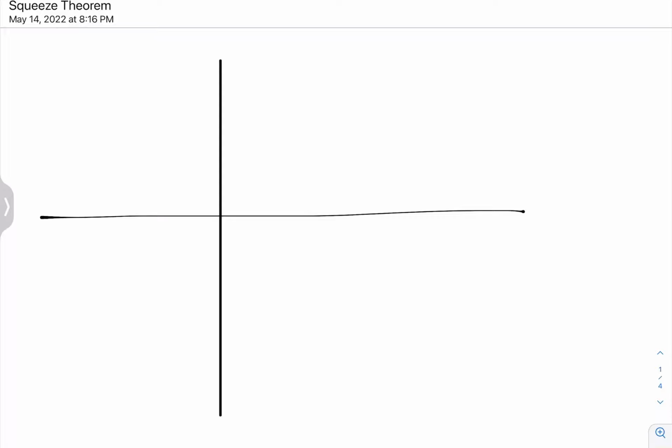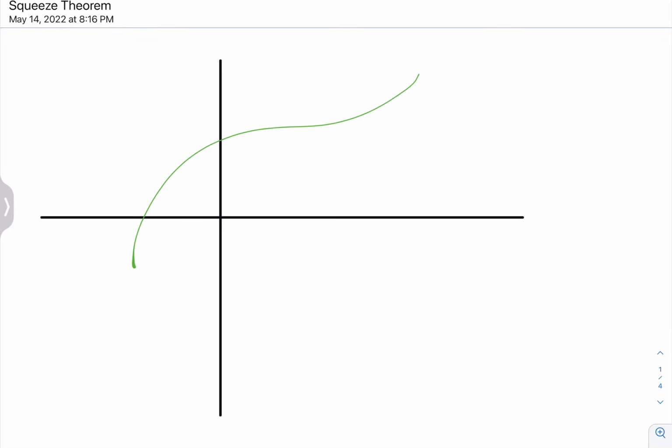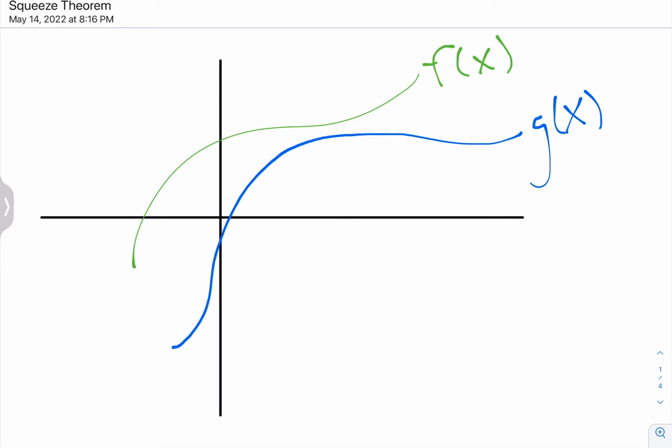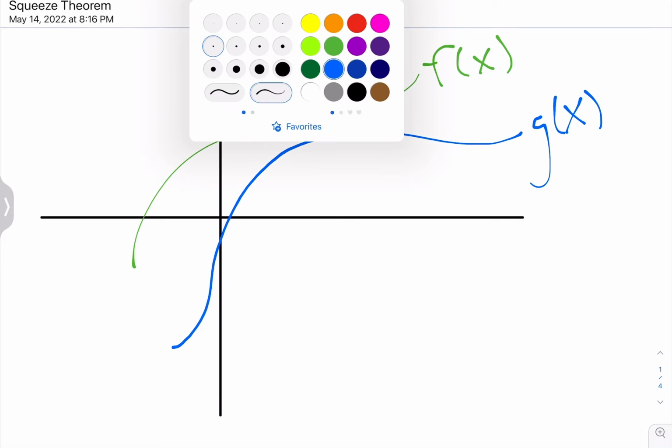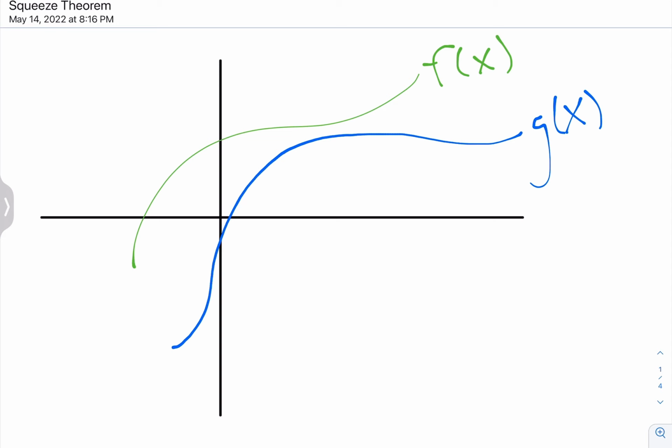if we have our axis like this, let's say we have some function in green here, we'll call it f of x. And then we have another function, say in blue, going down here, we'll call it g of x. So this is g of x. So let's keep the theme here. Let's go with h. So h of x, if we know that h of x near some point a, we'll call this point a right here,